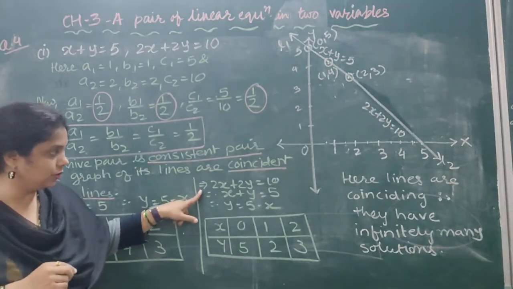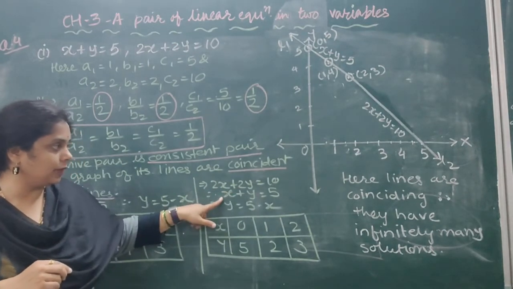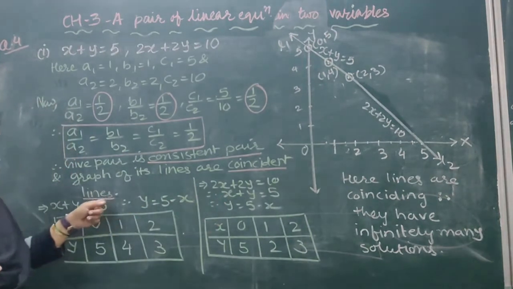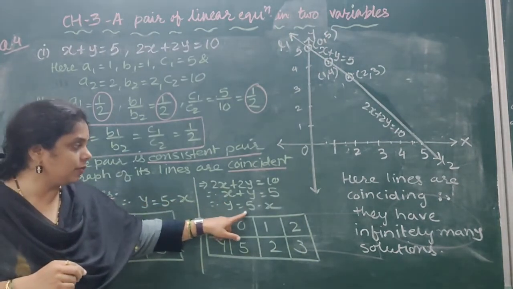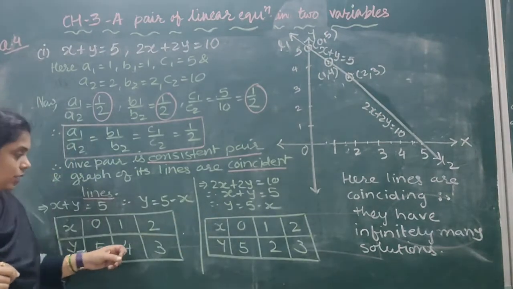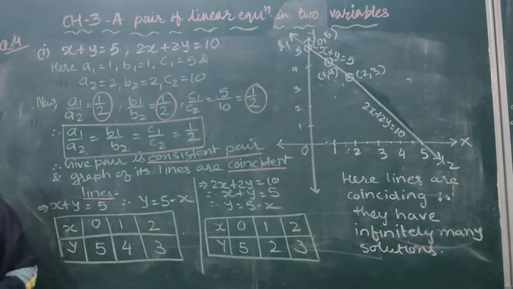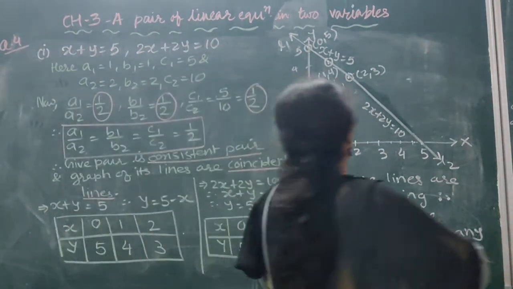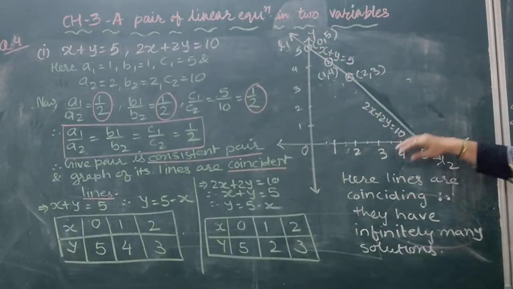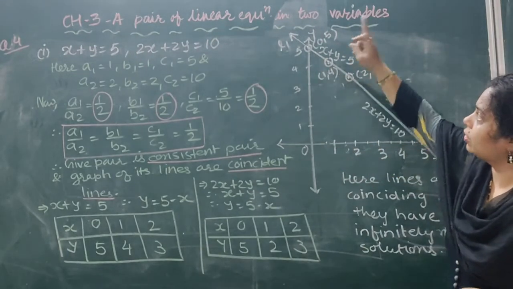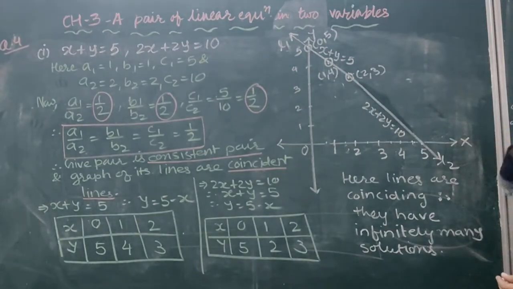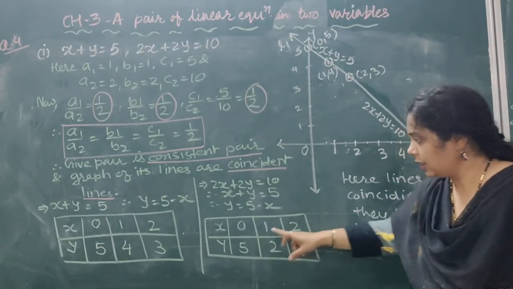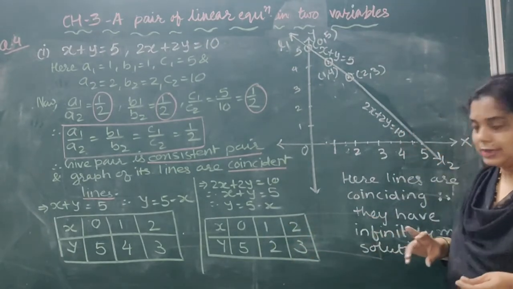Now the second equation, 2x plus 2y is equal to 10. If I take 2 as common, it is the same equation as the first one. Again the same, y is equal to 5 minus x. So in short, you can see in both the tables the points are the same. Why? Because the equation is the same. Here I have plotted the graph. Here it is 0, 1, 2, 3, 5 on the y-axis, and this is the x-axis. You have to see the points. Maximum 5 on the y side and maximum 2 on the x-axis, right?